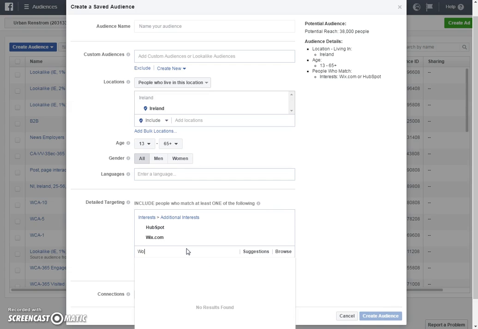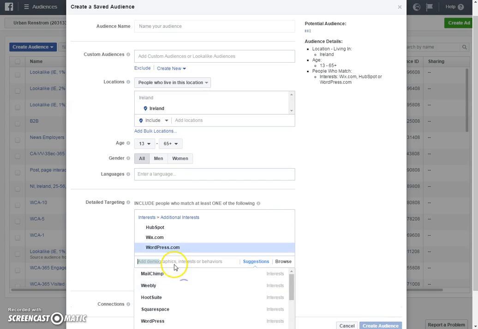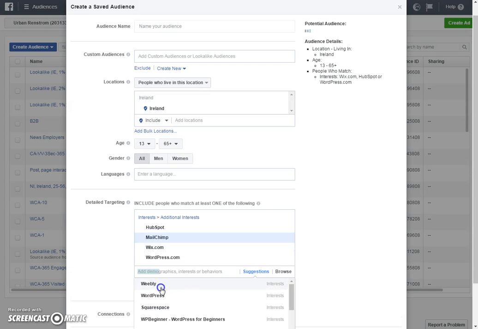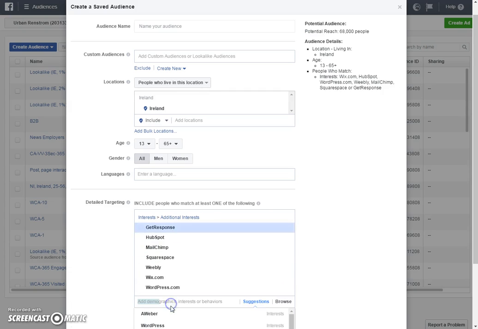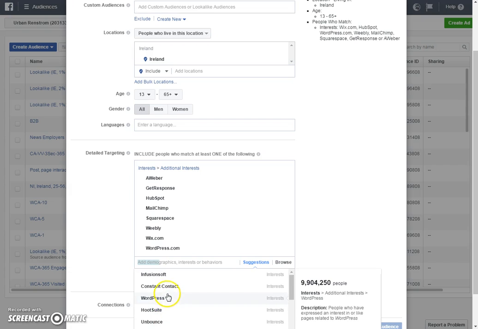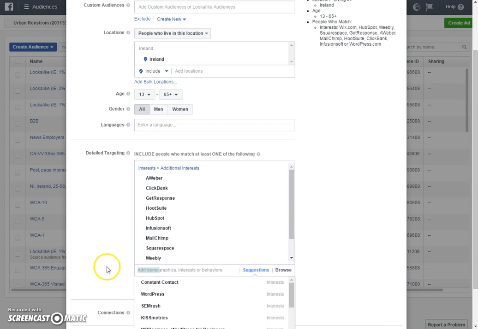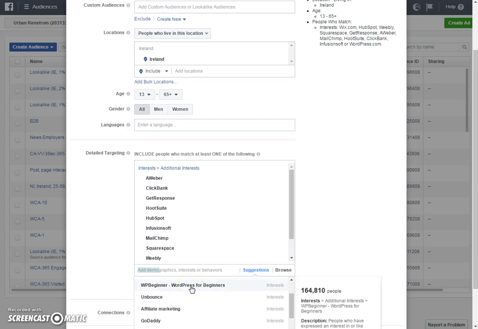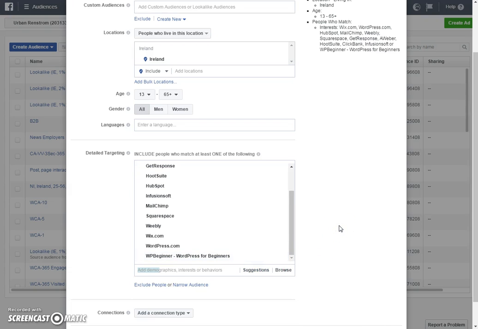Nothing. WordPress. WordPress.com. And it does WordPress. Yeah, MailChimp was one. Weebly, there. Constant Contact, GetResponse. So the email service providers. Hootsuite, yes. ClickBank, Infusionsoft. These are all, let me see, interests. WordPress for beginner, WordPress beginner, WordPress for beginners. These are all interests which,